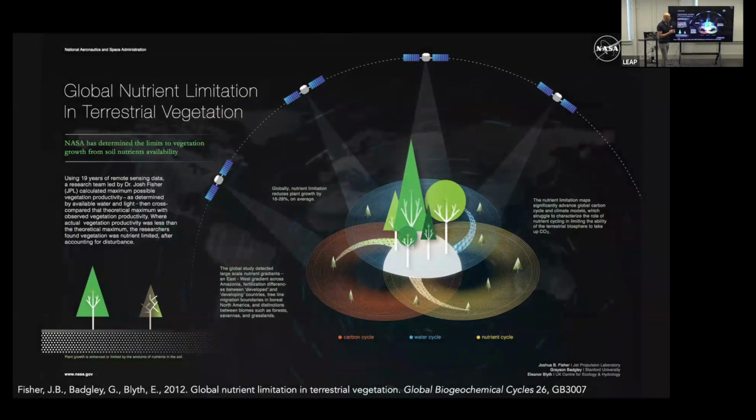So I started using remote sensing to look at how nutrient limited ecosystems were, basically using the evapotranspiration work of my PhD. Where you have a lot of water and energy, you have a lot of evapotranspiration, and you should have a lot of greenness too, right? The Amazon. There are two cases in which you can have a lot of water and energy, but not a lot of greenness. One is where you chop down the greenness, like in the Amazon: you chop down, still lots of water and energy, not a lot of greenness because you chopped it down. Or two is where you don't have enough nutrients, so it's not getting as green as it could be. So we're putting some observational constraints on these processes that we put into land surface models.